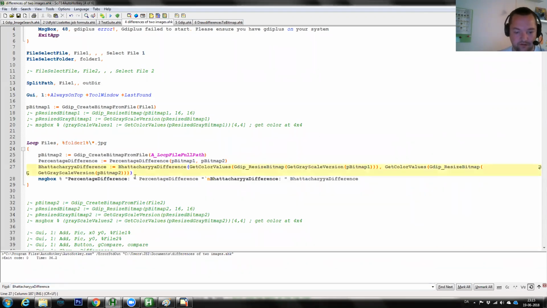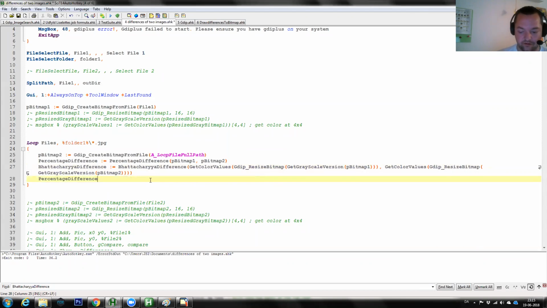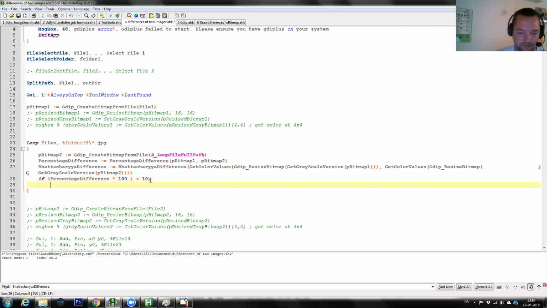So let's say I'll just cut this way down and say like so, if percentage difference times 100 below 10, just to make some kind of comparison. Put the file something like that. Method box, yeah, exactly. And then just cool. So doing that,